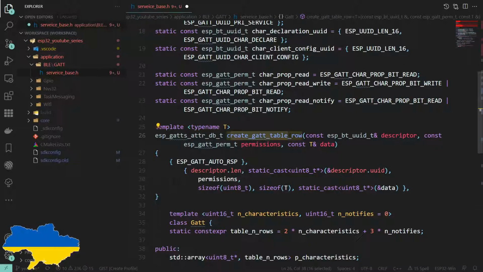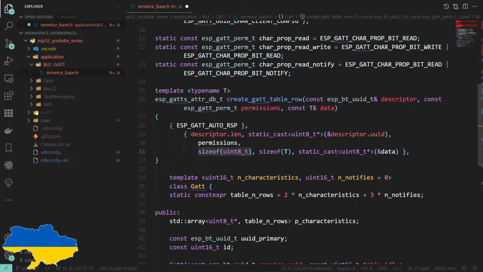So when we use this, what we're doing is converting a bunch of information into a row of our table. So we need the UUID that describes what this row is. We need the permissions of the row, so whether it's readable or writable, and so on. And we need the data. The only one I'm unsure of is that, but we'll figure that out next episode. Well, in between episodes, and I'll come back to you. And this returns a row of that table. Lovely jubbly.